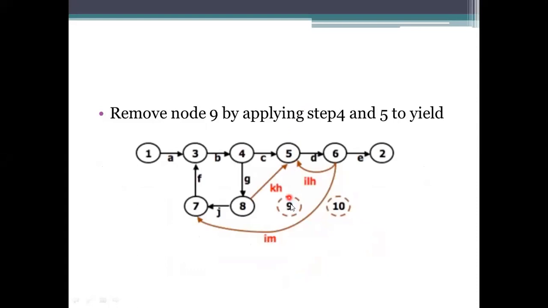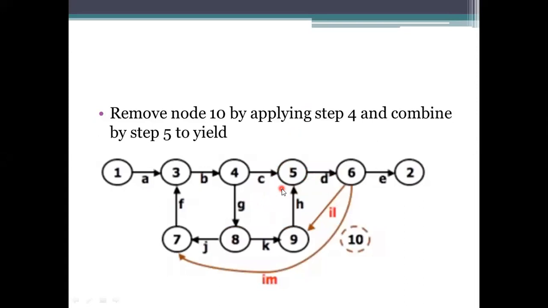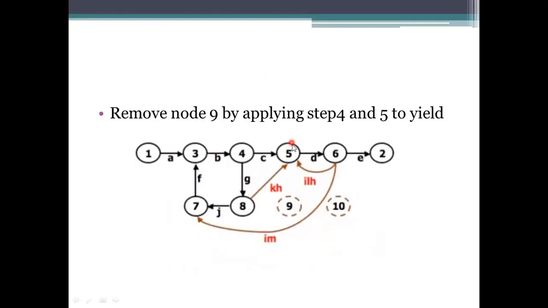So what I have done, I removed the 9th node. So how many links are there? Incoming links, 2 links are there and one outgoing link is there, which is using the value H here. If you see H, what I have to do, I need to combine this one and this one, parallel, and this one also parallel to this. So by performing this, what am I getting? I am getting the values I, L, H and K, H. Okay.